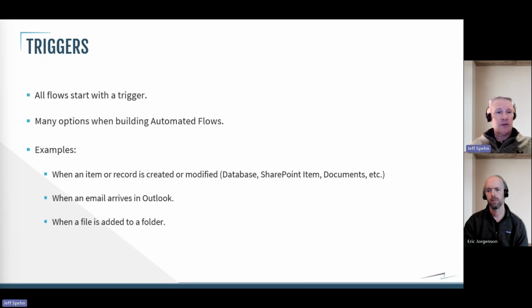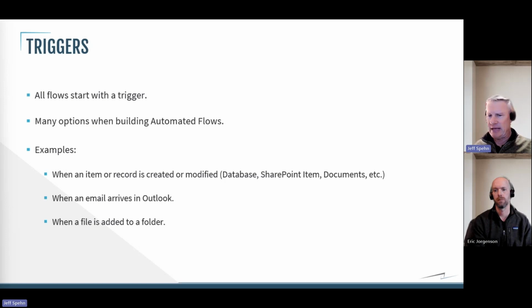Triggers. So every single flow starts with a trigger. Okay, so basically a trigger is what's going to start my flow off. And this is going to be most important in an automated flow. So what's going to be that thing that's going to start that flow? I don't necessarily need to worry about that on a scheduled flow or an on-demand flow, because I'm going to click a button to start it. But for those that are an automated flow, what is going to be that thing that's going to trigger that